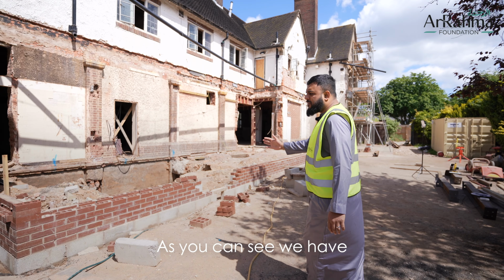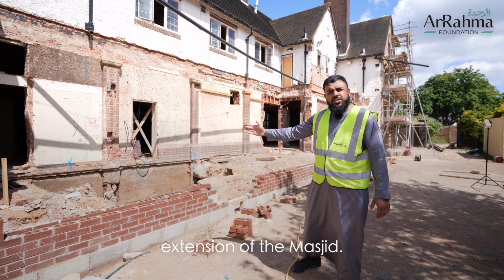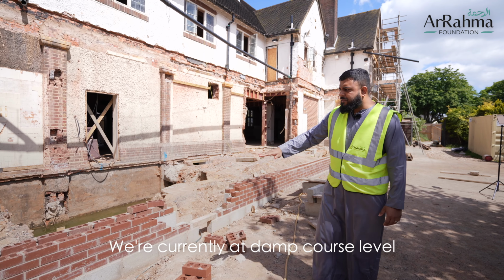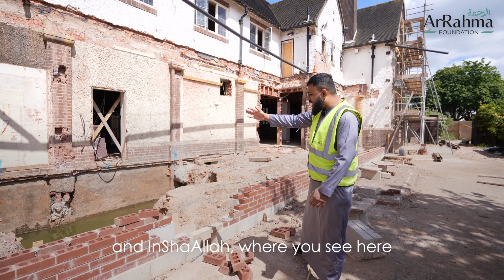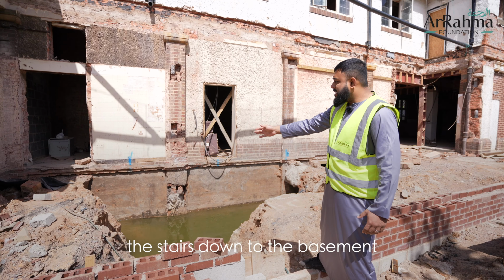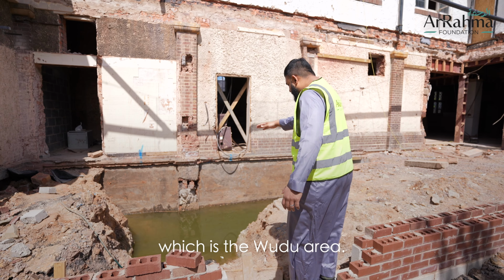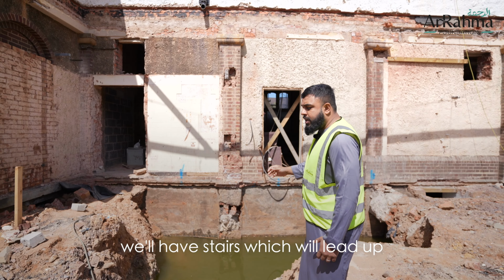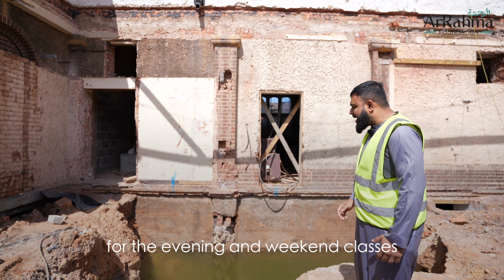As you can see, we have laid down the foundation for the extension of the masjid to be squared off. We're currently at damp course level, and InshaAllah, where you see here towards the right hand side, we have the stairs which will become the stairs down to the basement, which is the Wudhū area, and upstairs towards the left hand side, we'll have stairs which will lead up to the main maktab for the evening and weekend classes for